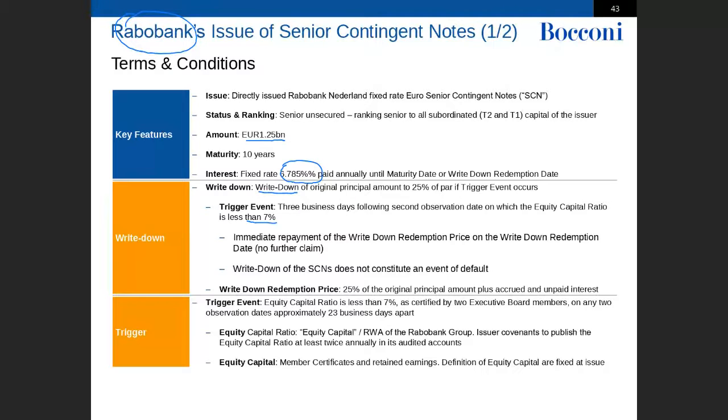So those instruments don't fix the problem, but they prevent the problem. So you cannot issue this instrument during the crisis because nobody will subscribe to or underwrite an instrument that, in case of losses, will convert into equity or get written off. But it's good to have it as an additional buffer of capital when another crisis appears in the future.